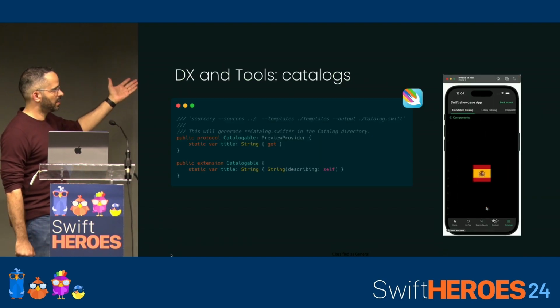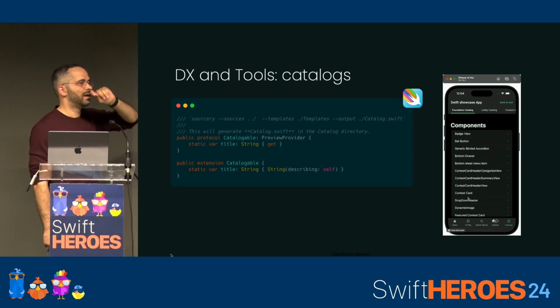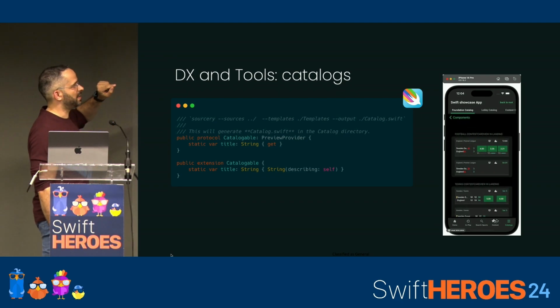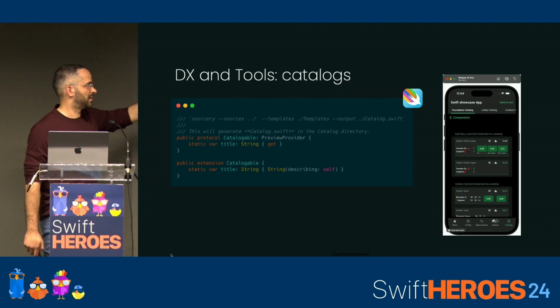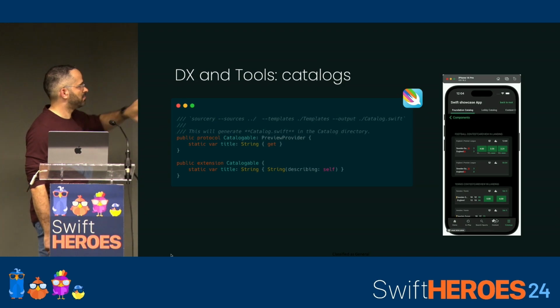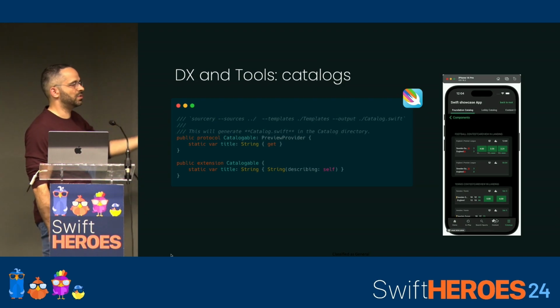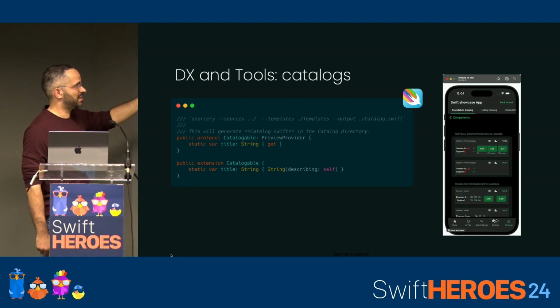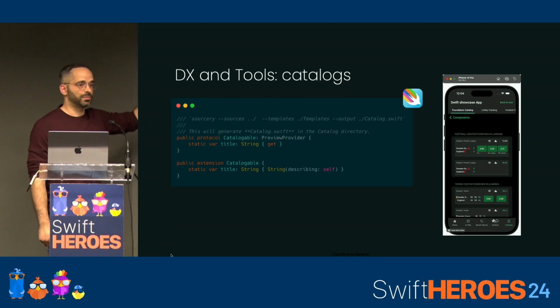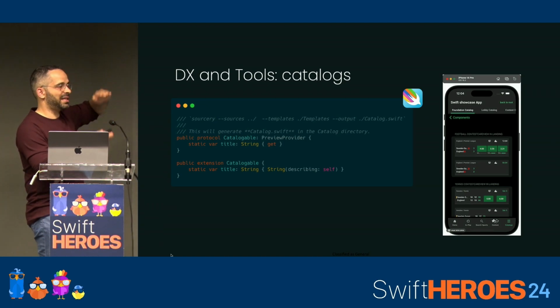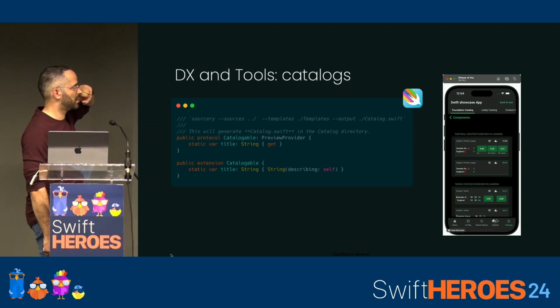And this is a catalog. This is something I took from a talk. I don't remember his name right now. It was from Spotify. Basically, we use Sourcery, and we have this protocol called Catalogable, and what it tells you is just provide me with a title if you want. If not, I just use string, the name of the view. And what we do with this is we look for all the previews that conform to this protocol, and we create this right here. So basically, it'll create a list of all the views you want included in the catalog,